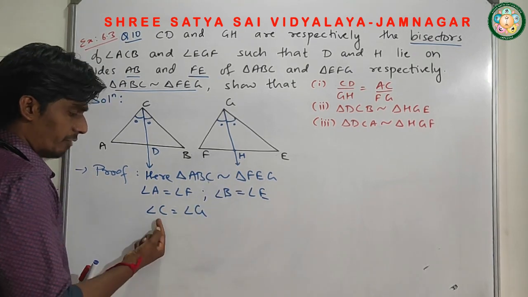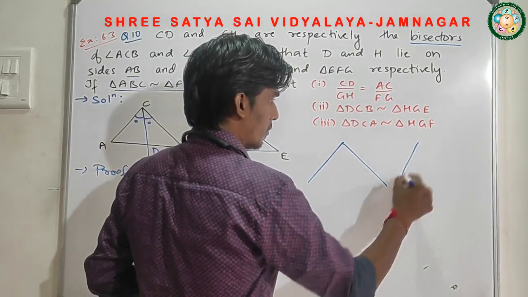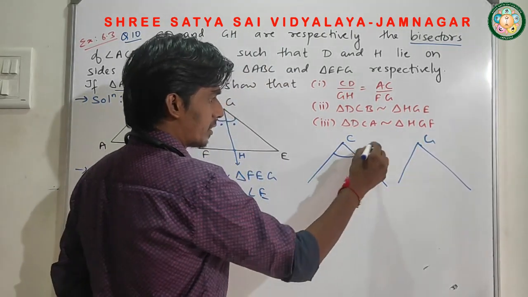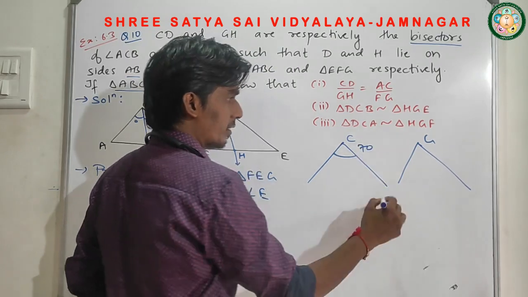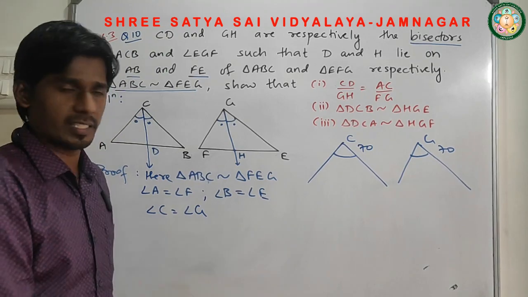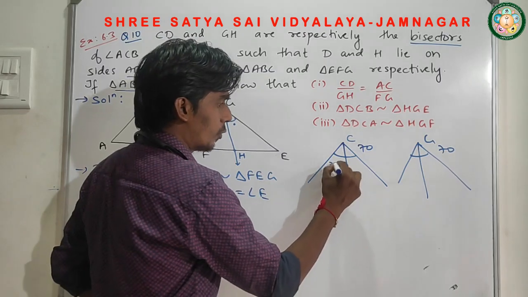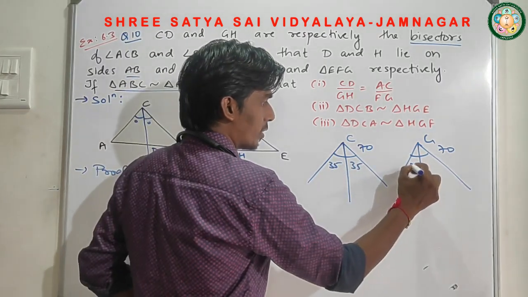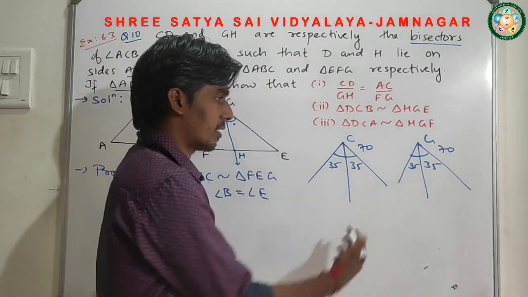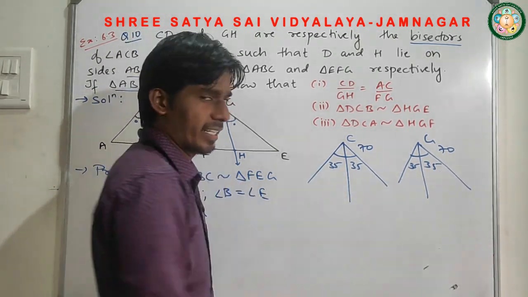Now here we have written angle C is equal to angle G. Suppose this is angle C and this is angle G. Suppose this whole angle is 70, then this is also 70, as they are equal because the triangles are similar. And if I draw a bisector here, then definitely these two angles are 35 and 35, and this is also 35 and 35. This is only for example. Measures are not given; we are just doing this for understanding. So 35, 35, 35, 35. I can see that all these angles are equal.